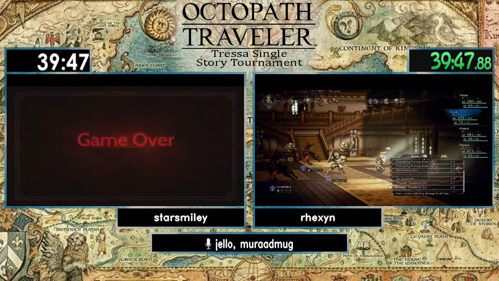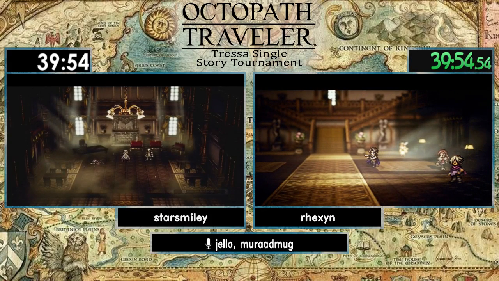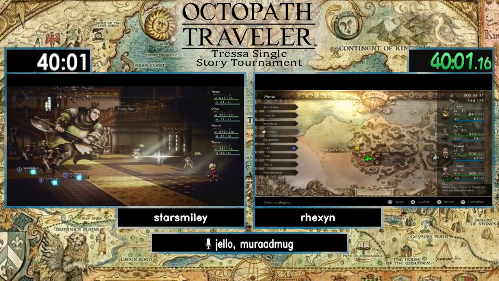I feel like Rex might have like 2 extra soul stones, because he just used 2 soul stones getting here. Hopefully he didn't use...